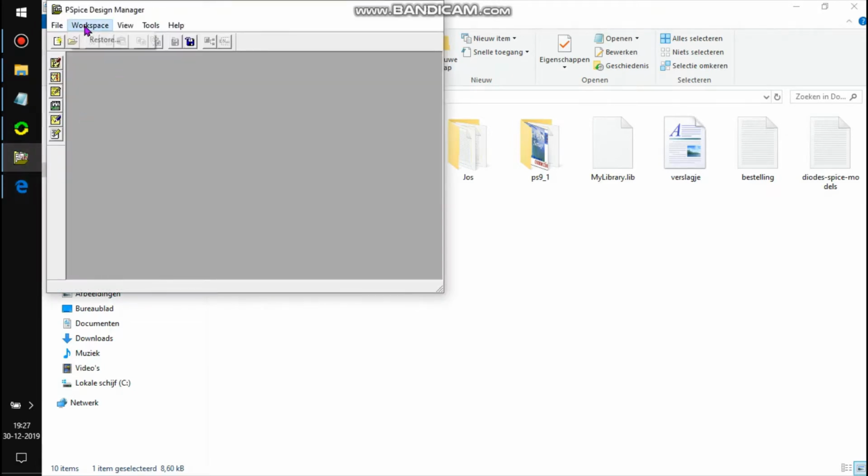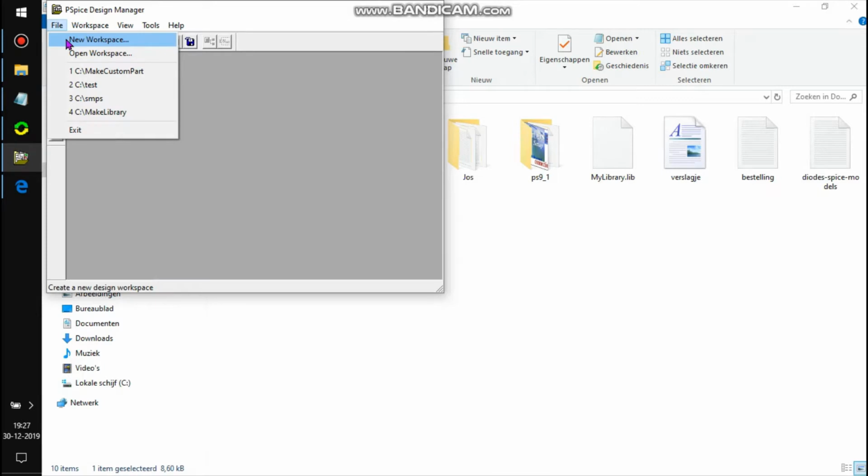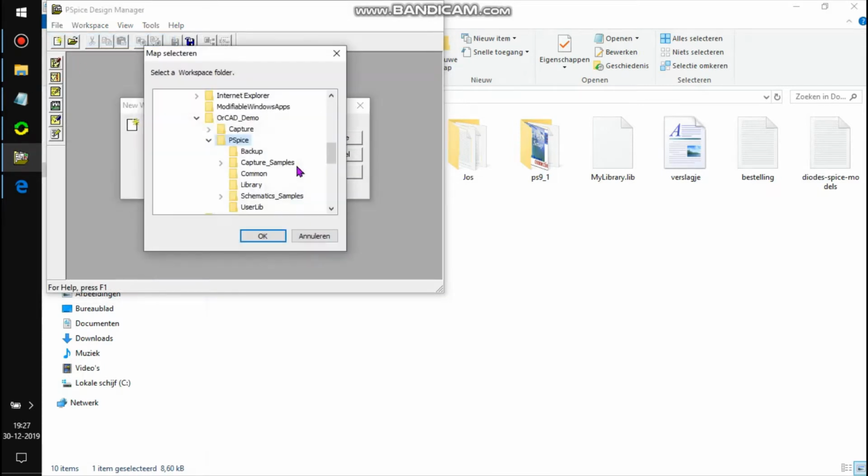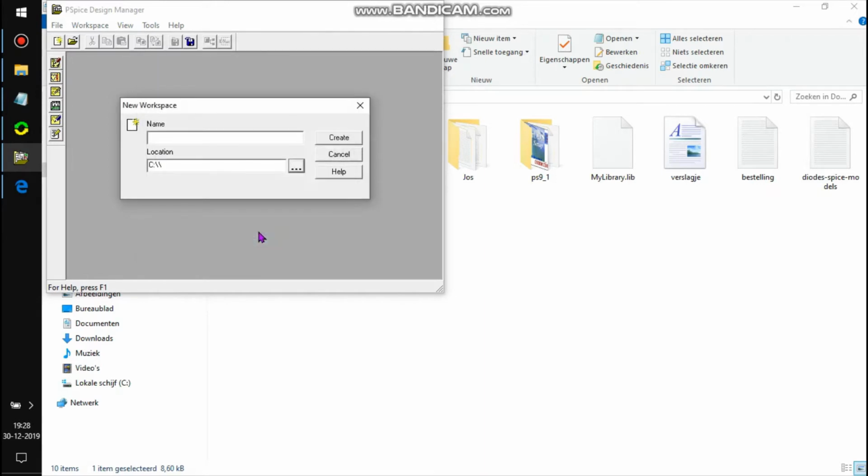Okay, we're going to make a workspace first in the C hard drive, and it's our new Zener diode.